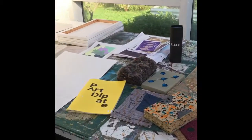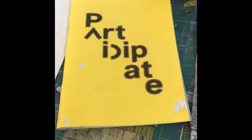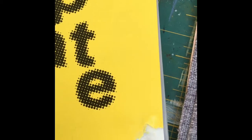So I'm hoping that you can help me with an issue. I have this problem, as well as damp in my studio. I have this problem, which is holes in my paper. Can you see those? So there's some insect, I don't know what it is. It's definitely not a slug or a snail, but it sort of hoovers these shapes out of paper, and this is